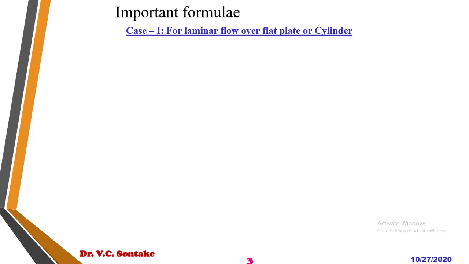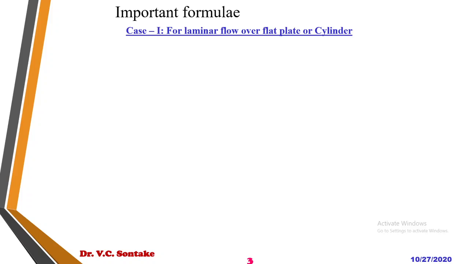So in forced convection, that is in unit 3, there are two types of flow we are supposed to talk about. One is external flow, another is internal flow. And for each type of flow, we are supposed to talk about laminar flow and turbulent flow in case of external flow. Similarly, for internal flow, laminar flow and turbulent flow.